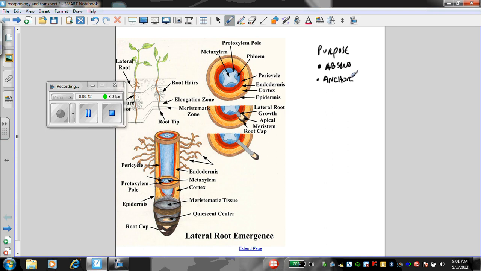So we see a difference in monocots versus dicots. Dicots having more of a taproot and monocots having more of fibrous root structures. And then the last one is for storage. And that comes with things like carrots, right, where you have this gigantic large taproot that could store a lot